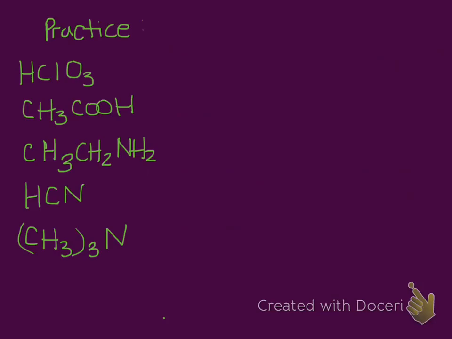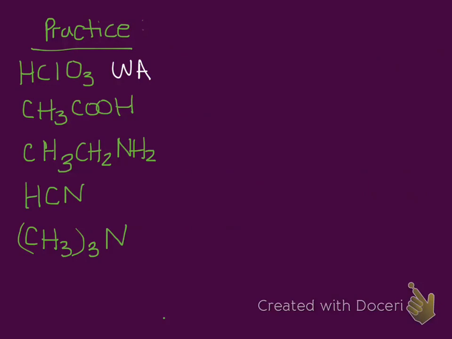All right, so here's some practice problems, and if you want to try these quickly first, I'm going to go over the answers for them. So we're going to identify what the conjugate acid or base would be. So first of all, let's label all of these as weak acid, weak base. Okay, so this would be a weak acid. And with all conjugate acid-base pairs, you're really focusing on weak acids and bases because strong acids and